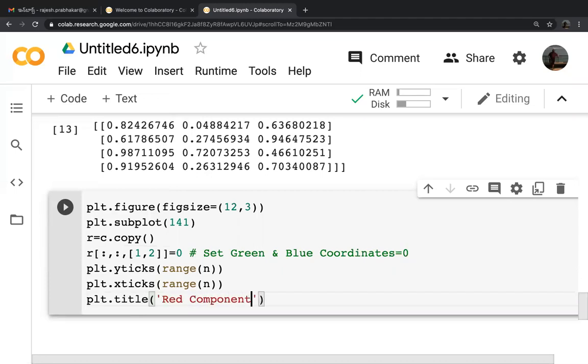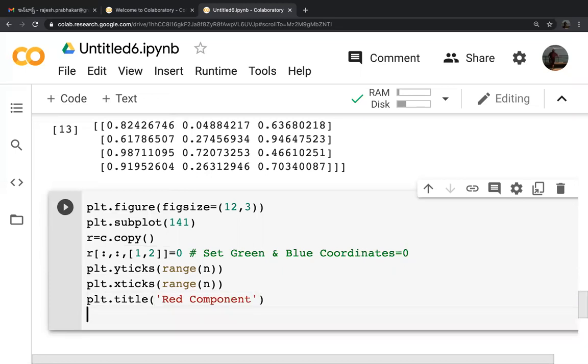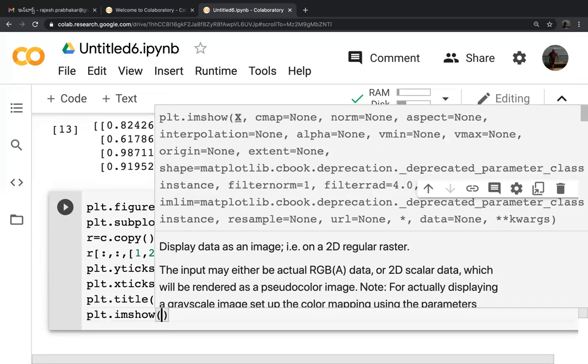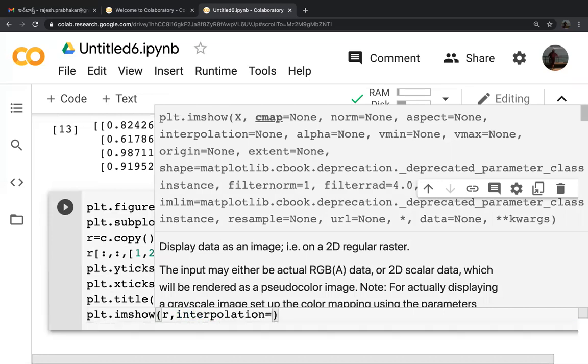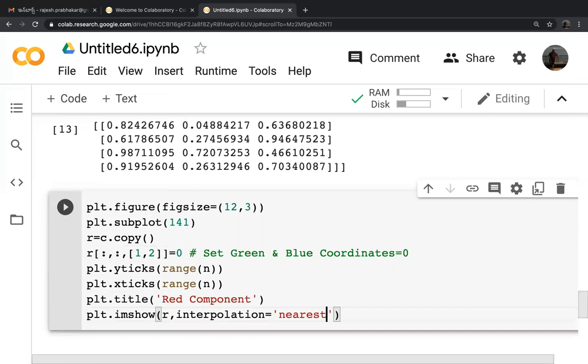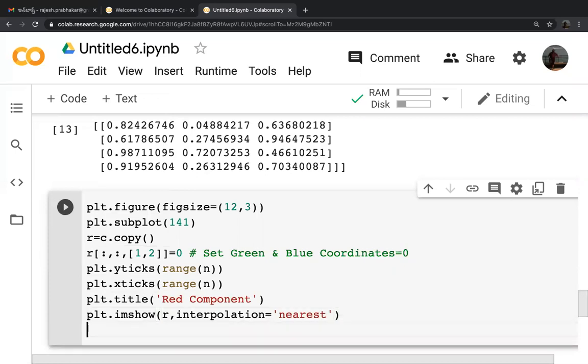Only the red component is visible here. Then the important function plt.imshow(R, interpolation='nearest'), and then plt.show().